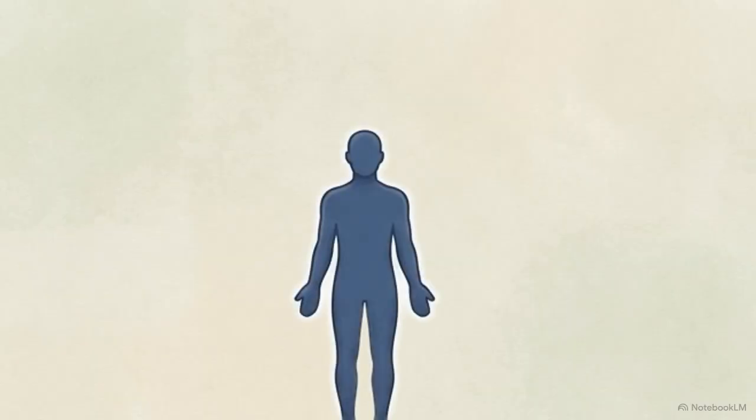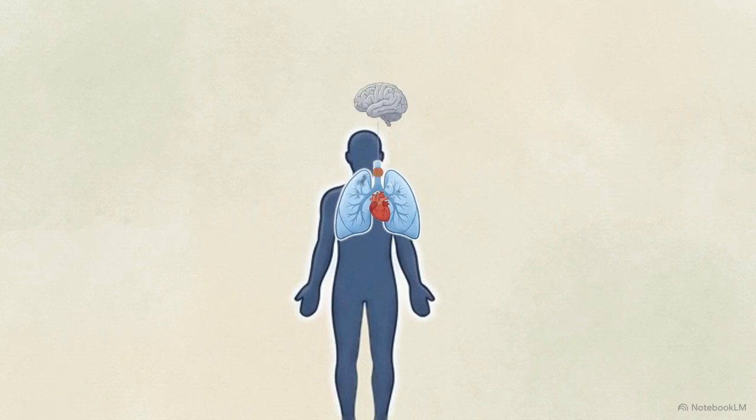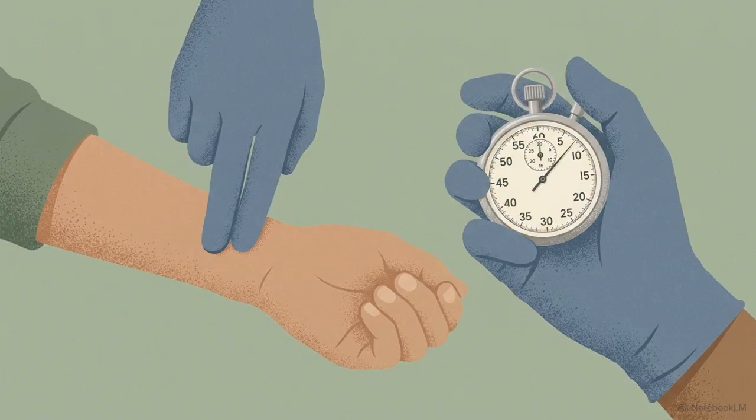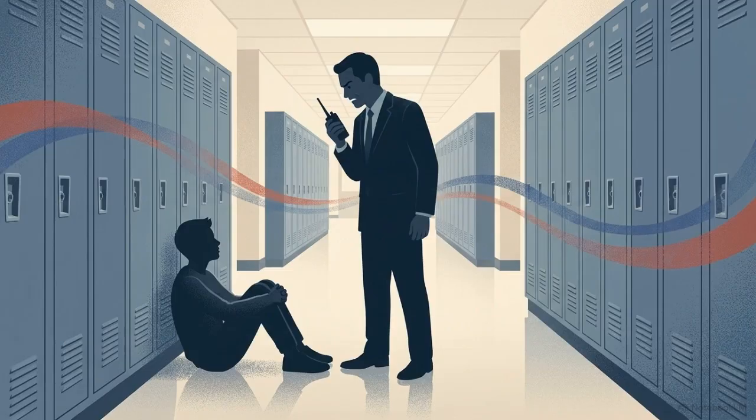To understand this, we look at the body's internal wiring. A harmless spike in heart rate is misinterpreted by the brain's threat detection center, sparking an escalating feedback loop. The brain hits the emergency alarm, flooding the body with adrenaline for a non-existent physical threat. Because this physiological mimicry is so intense, it often feels indistinguishable from a physical crisis. For a teenager, and the teachers watching it happen, this is a severe, acute event that demands a real response.